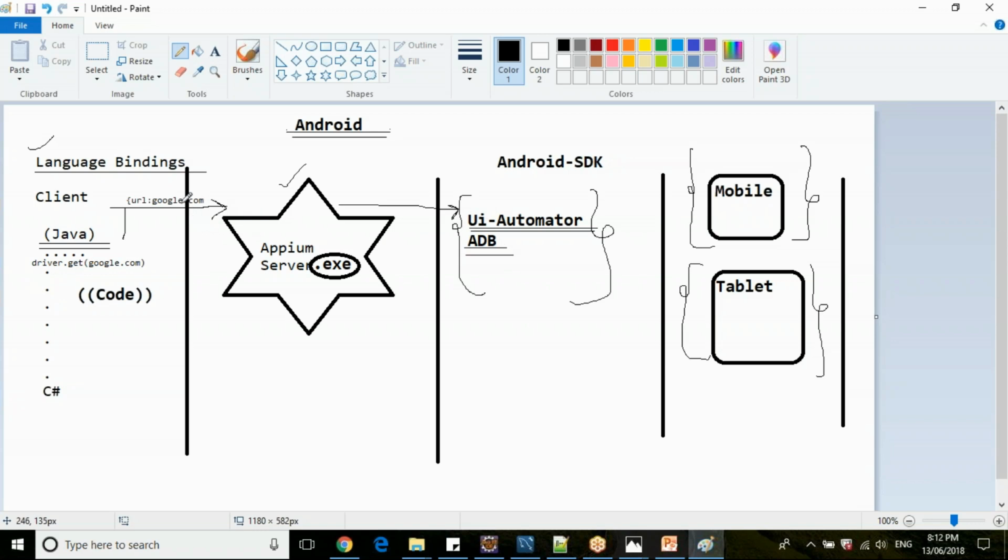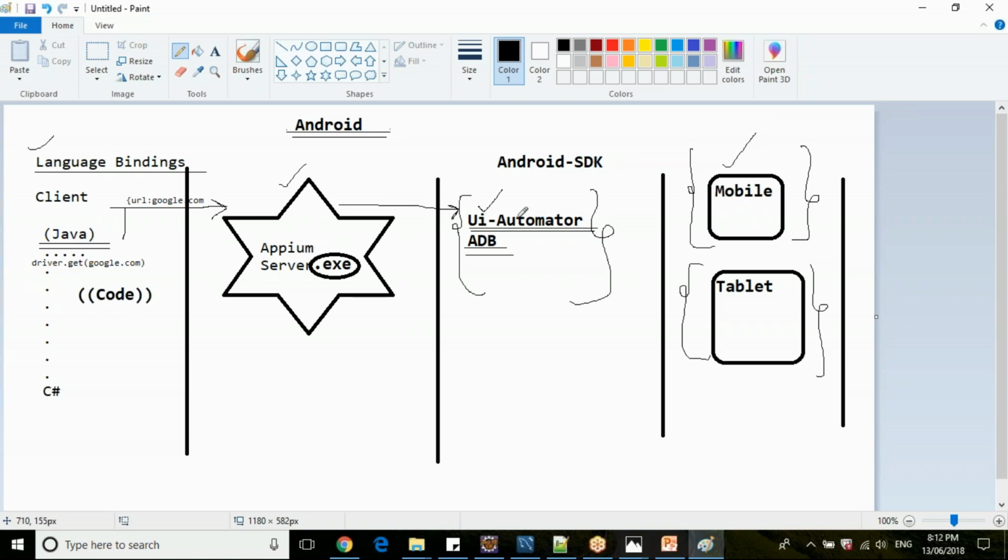Now you got a request, in the form of JSON, to launch google.com in a Chrome browser. I'll just repeat that. So you just got a google.com request for the Appium server. Now this Appium server will tell this UI Automator, hey, from my client I got a request to launch google.com on this particular mobile device.